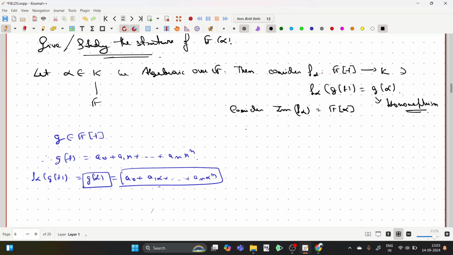Clear? Because if you multiply two elements, then you will eventually get their respective images with respect to alpha and a product of them as well. So this is a well defined ring homomorphism. There is nothing complicated there. So I can actually use the first isomorphism theorem in this case, right? So by the first isomorphism theorem,